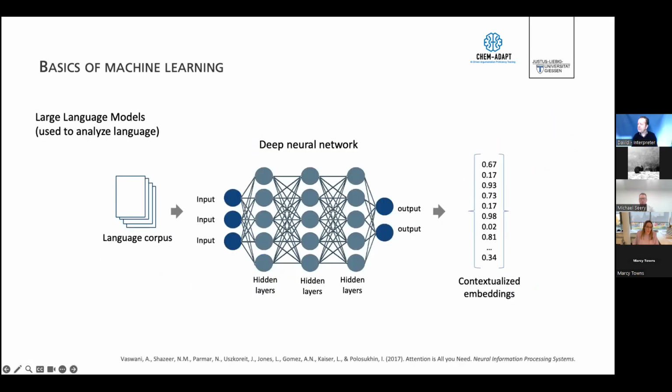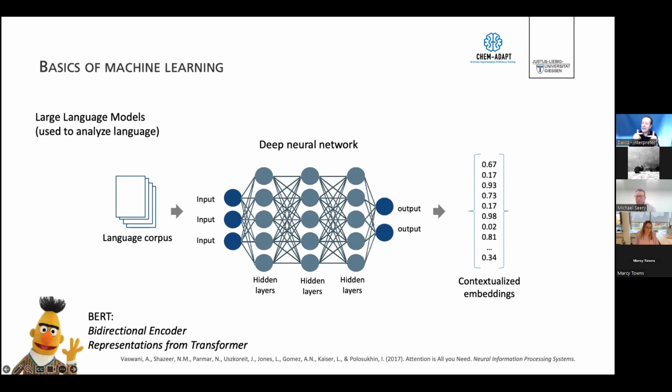Another term that is also used quite often is large language models. This is what ChatGPT is using. And large language models are a type of deep neural network. This is comparable to the human brain. We have different neurons, and information or language is sent through the deep neural network. And these algorithms can then calculate contextualized embeddings. This means that they can understand the surrounding of a word, what typical words often appear together. And for example, a large language model that is often used is BERT.